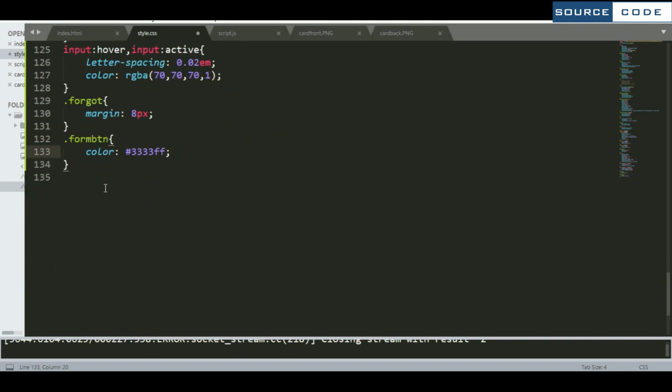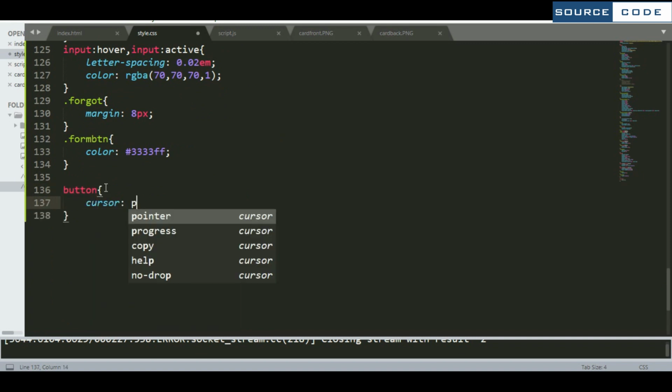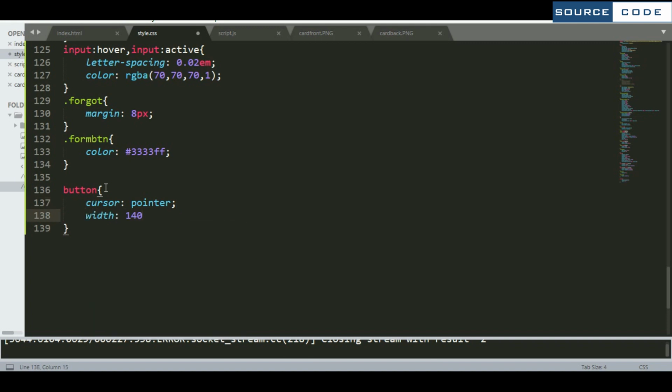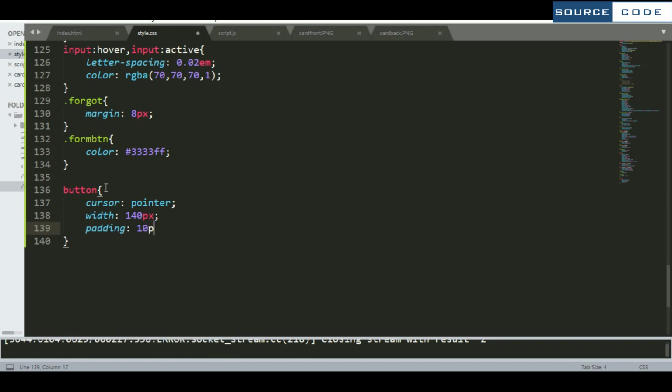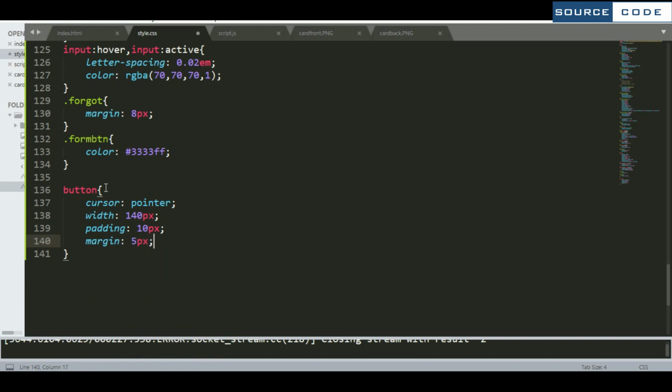So now we are going to design the button. So first of all, make the cursor to pointer. Set the width as 140 pixel. Give a padding here to 10 pixel. Now set the margin to 5 pixel.